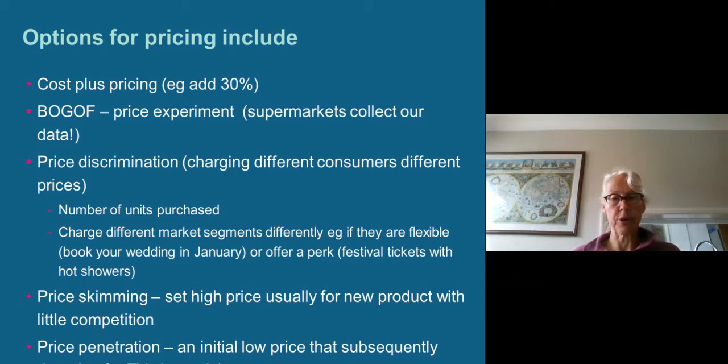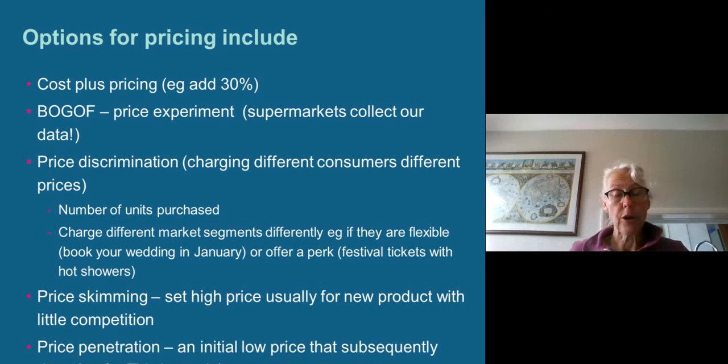And you can target different market segments. So for instance, I've got some examples there about people who might be flexible. Typically the wedding season tends to be in the better weather months, but if you're willing to book your wedding in January, then you might have a much cheaper deal. Another typical example, not events related, is if you're running a gym: you can buy off-peak gym memberships to use the gym in the daytime when it's not so busy, or very early in the morning or very late at night.